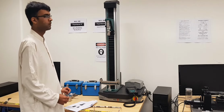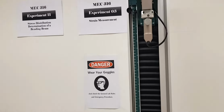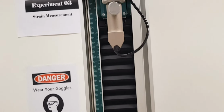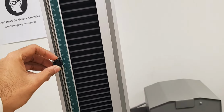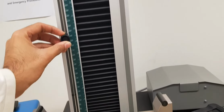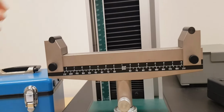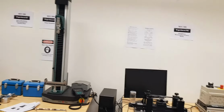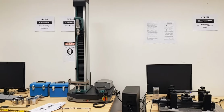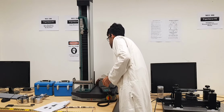So now I would like to make you see a closer look. 250 millimeters. Just take that down up to 250 millimeters. And then please turn on the apparatus main switch from here,